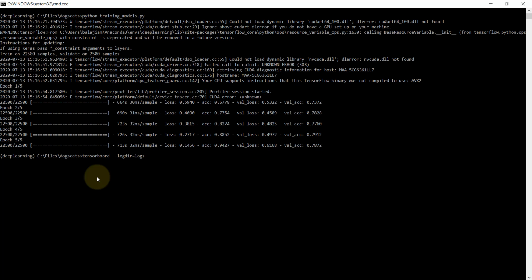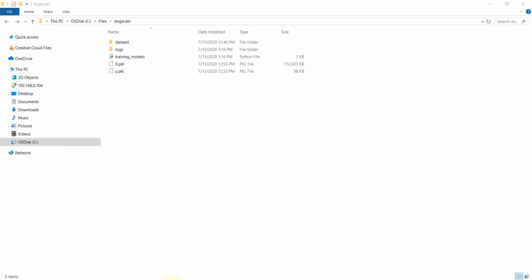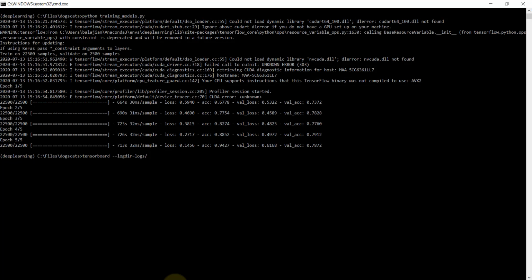Logs is the name of the folder here, so you need to give logs followed by a slash. Just because our folder name is logs here, you give logs. If your folder name is something else, then you need to give that name and put in a slash here, and hit enter.